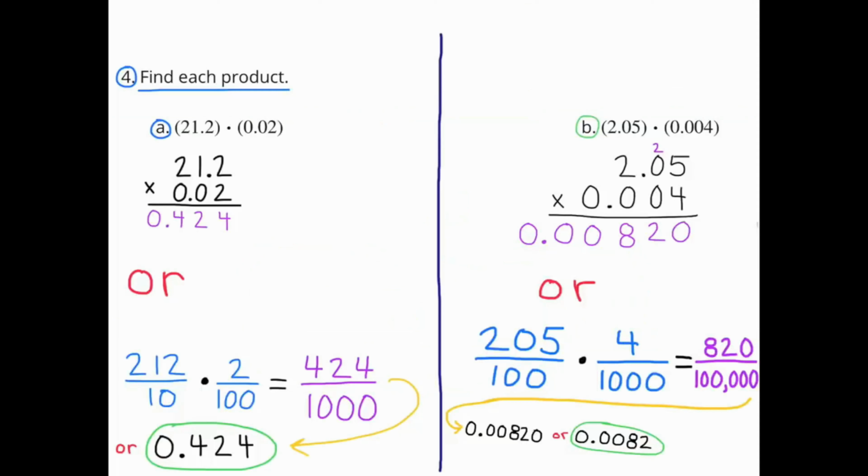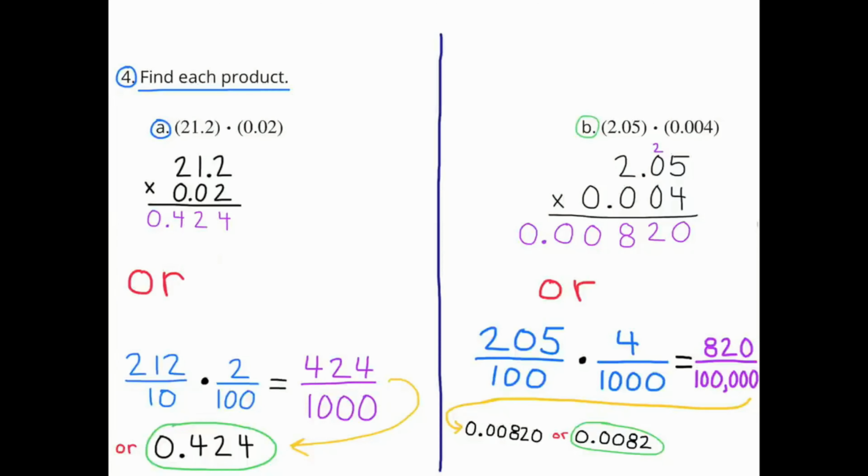Number 4. Find each product. A. 21 2/10 times 2/100. So you can set it up as a multiplication problem like I did in this first example on the top, or what I find more interesting is multiply them as fractions. So 21 2/10 is the same thing as 212/10 times 2/100. I have this set up on the bottom left-hand corner. 212/10 times 2/100 equals 424 thousandths, or as a decimal,